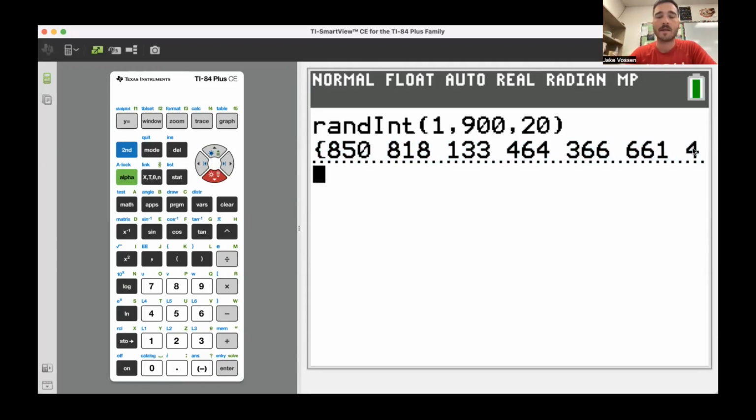That is how you do it in your calculator. It's by far the easiest way, in my opinion. However, your book also has some methods you can use as well. So if you go to the back of your book,